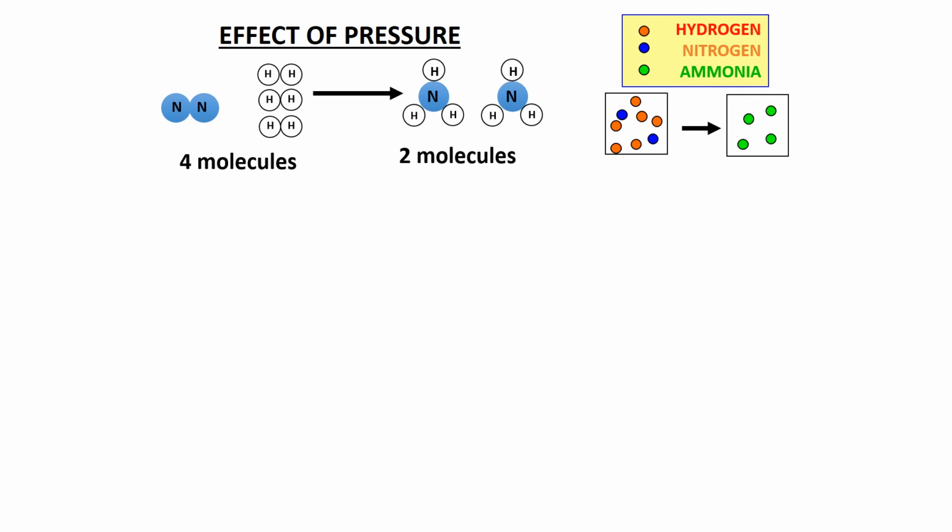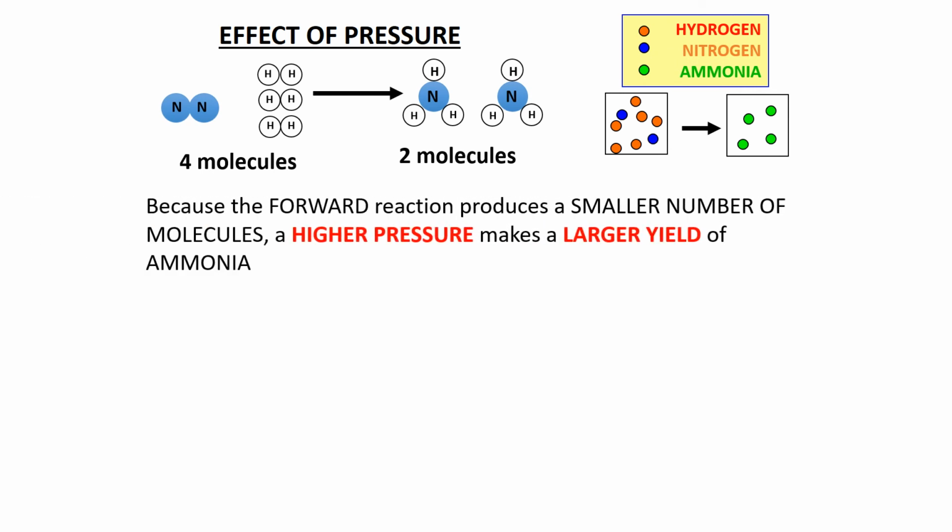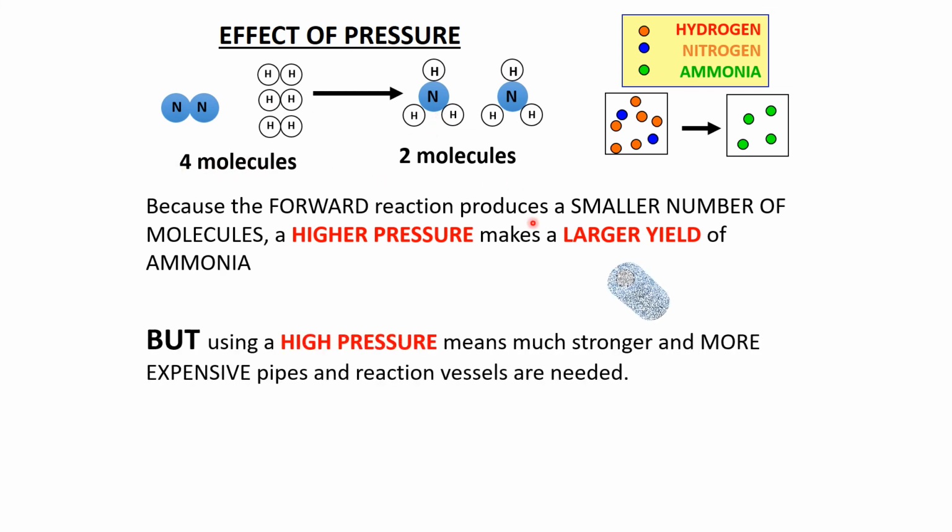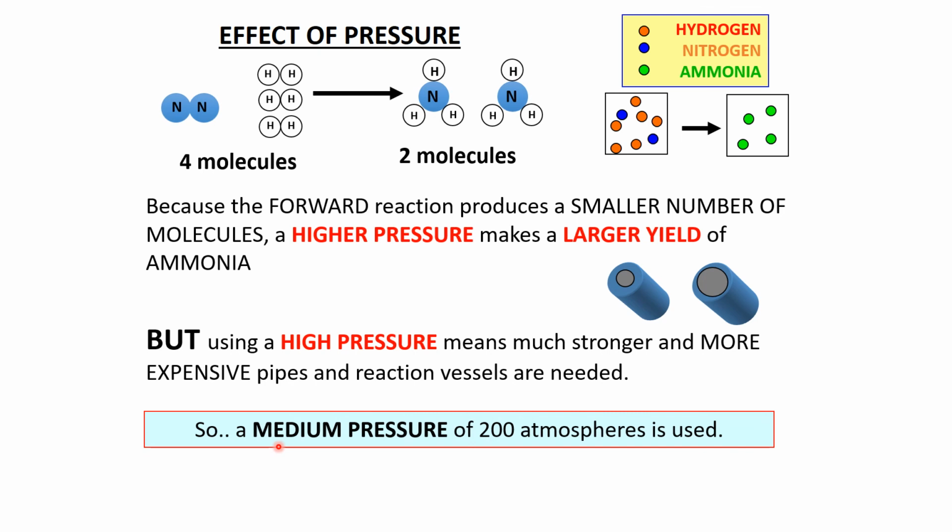In terms of the pressure, we've talked about how you've got 4 molecules on the left and 2 molecules on the right hand side. If we therefore increase the pressure, the system will try and shift the equilibrium to the right to decrease the pressure, because it's going from 4 molecules to 2 molecules. That will make a larger yield. The issue is that as you increase the pressure, you're going to need thicker pipes. That's expensive, and you're also going to need much larger, thicker reaction vessels to cope with that higher pressure. That has a huge cost implication, so a medium pressure, a compromise pressure of 200 atmospheres is used rather than